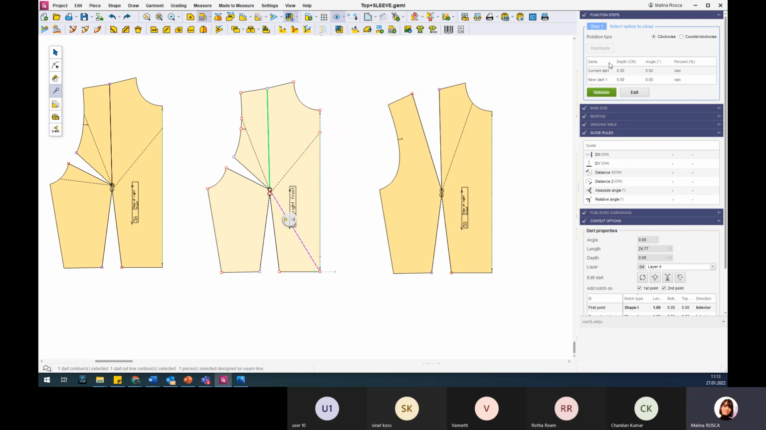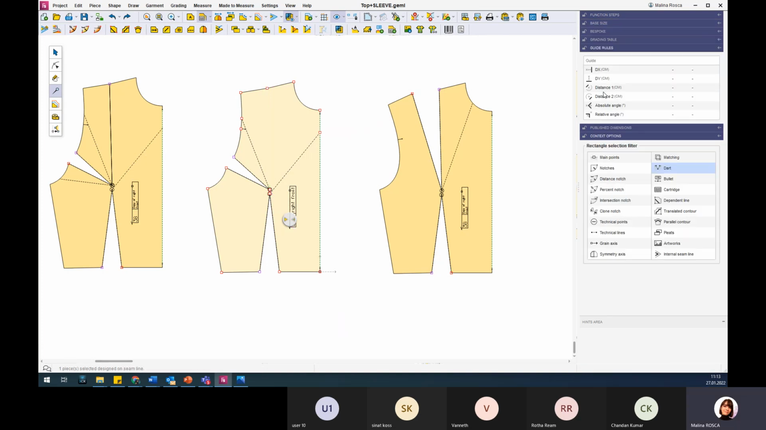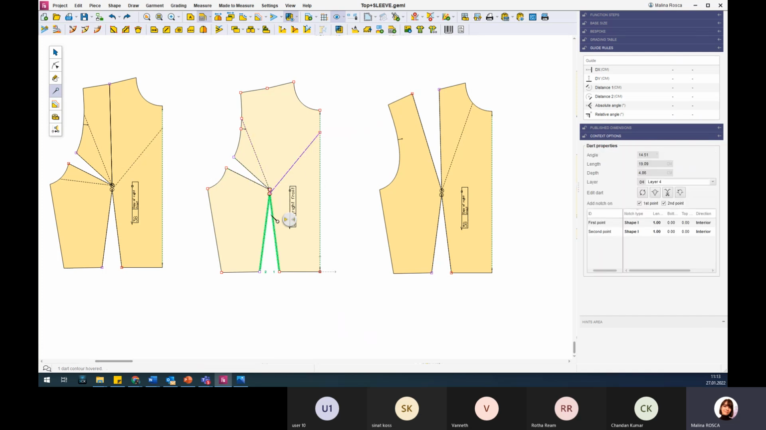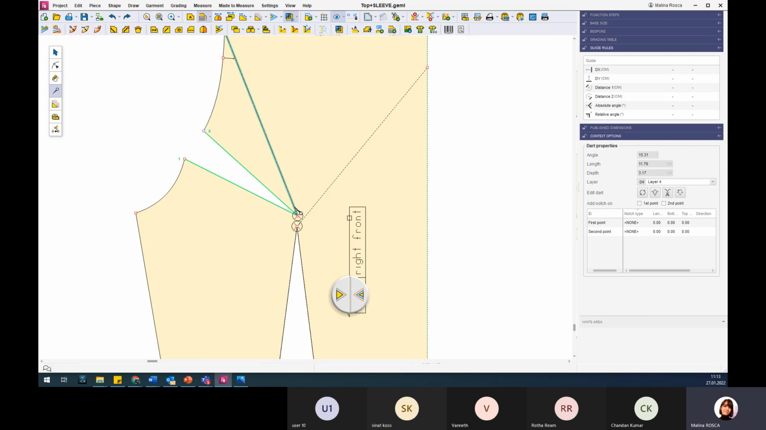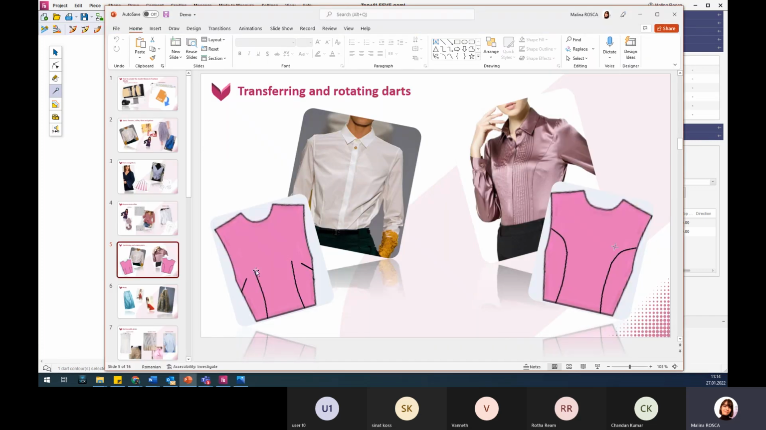If I'm going to go with close, I'm going to press validate, and that dart that was already closed, it is also known that the program has closed it for good. And now I have two open darts here. I'm going to show you that all you have to do to make it smaller, because it is already in the right position for this pattern,